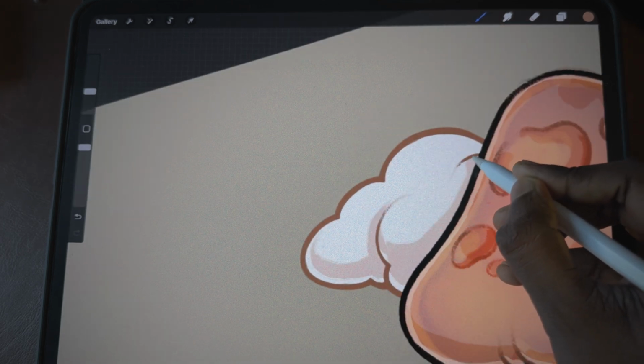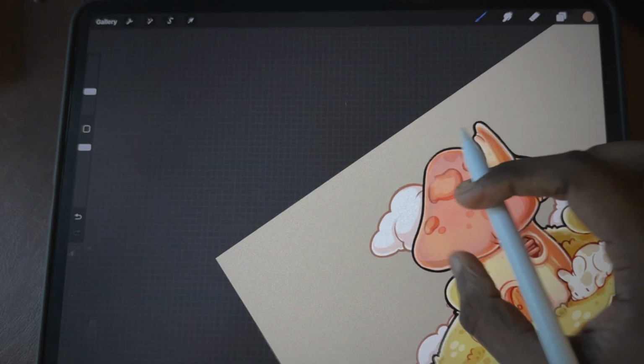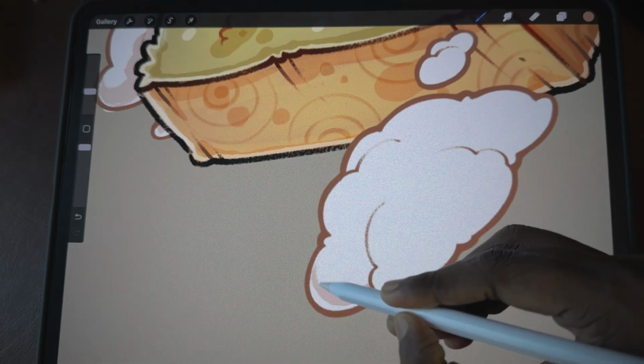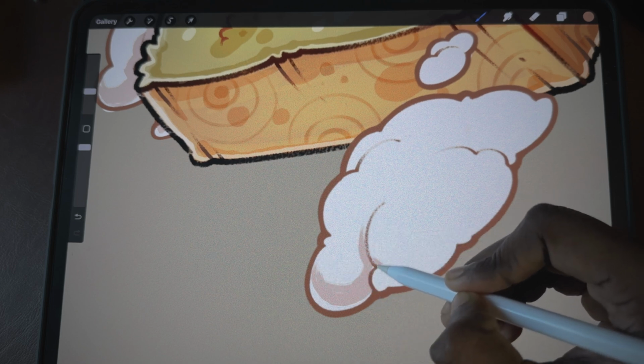So after adding the clouds, I use the color dodge brushes to add the highlight, and also to